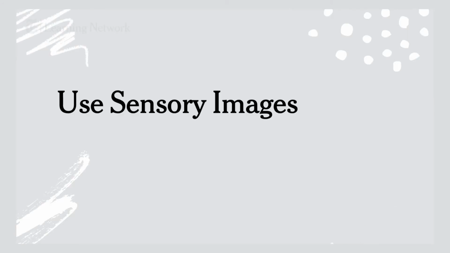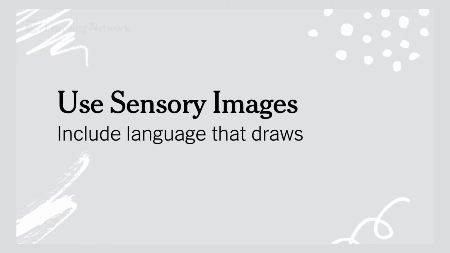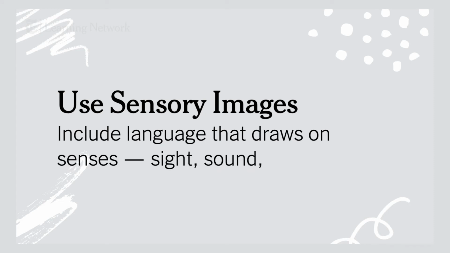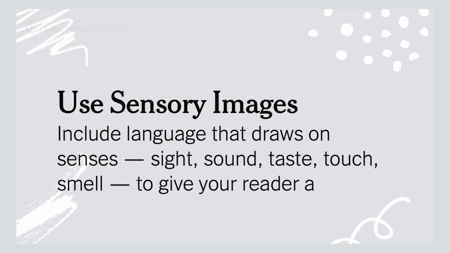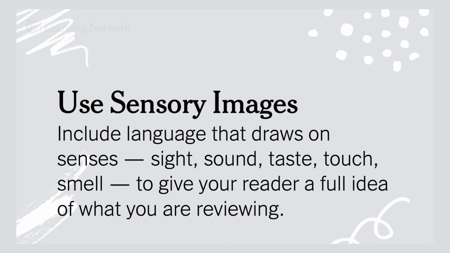This is an element that's really crucial to review writing, is language that really pops. So these are details that are going to make the reader really get a sense of the thing that you're reviewing. And it should be engaging and fun because you want whoever's reading your review to keep reading. So one way to do that, when we say sensory images, we sort of mean language that draws on all the reader's senses. So sight, sound, taste, touch, smell, those different things. So think about that when you're doing the next prompt that Ross is introducing.